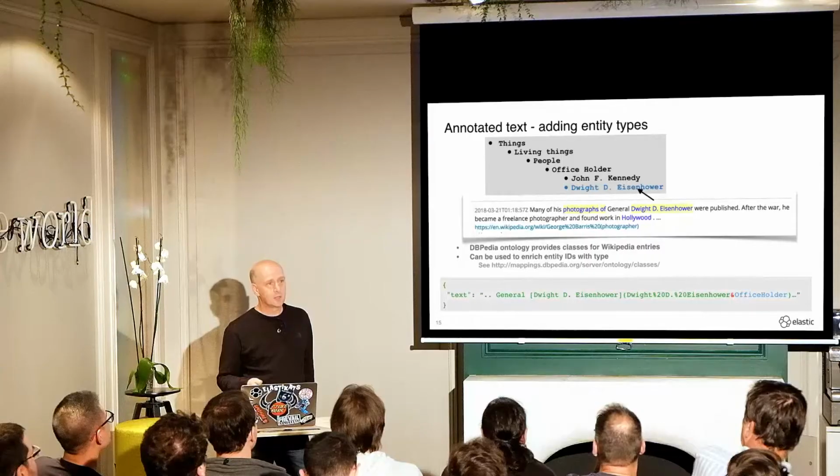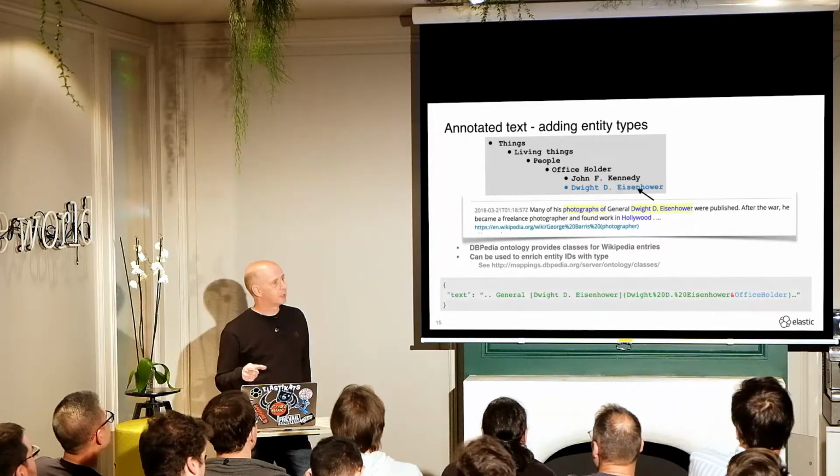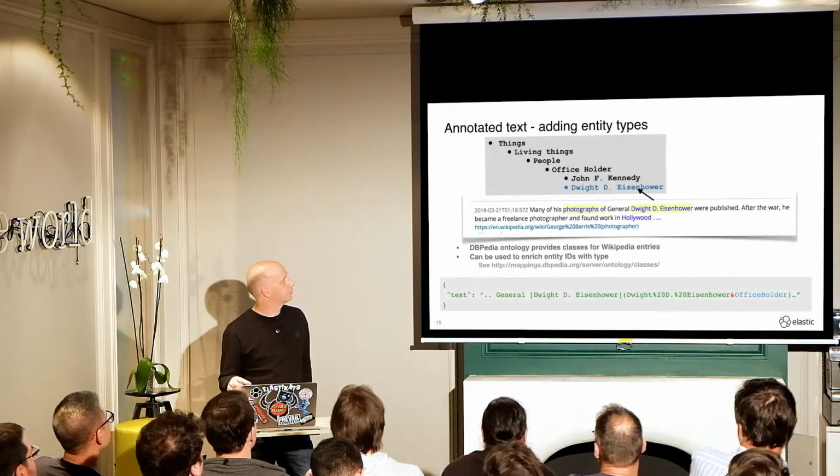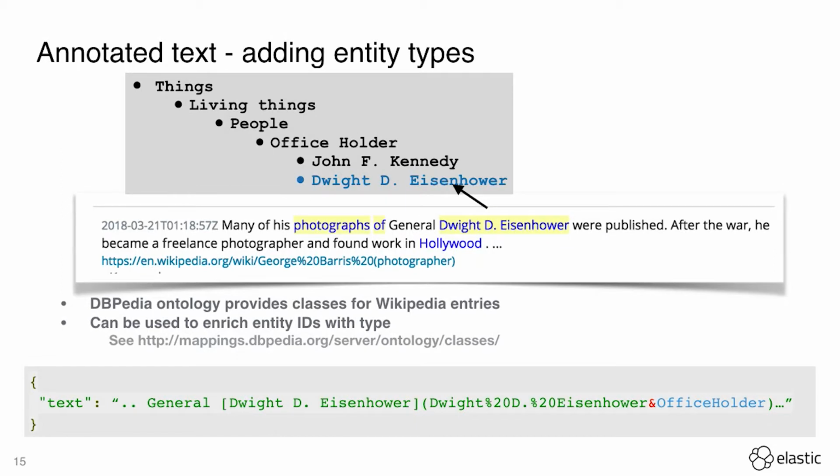I said before that you could put multiple tokens into an annotation. So as well as when I took Wikipedia and I took the titles of all the Wikipedia pages, so essentially all the blue links in Wikipedia, I took the URLs and made that the annotation, the structured ID. But I also looked up some extra data from a site called DBpedia. I don't know how many people are familiar with that, but for every single entry in Wikipedia, they have an ontology. So you can look up an entity like John F. Kennedy, or in this case Dwight D. Eisenhower, and it will tell you what type of thing it is in a class hierarchy.